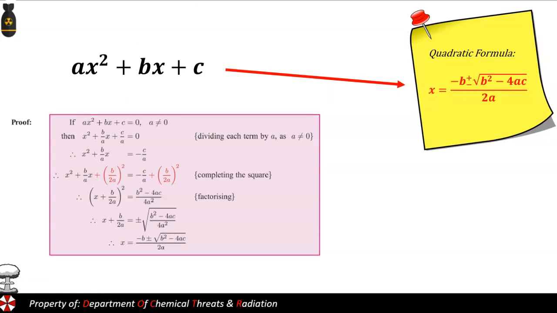There's a proof here of the same thing, but just showing it a little bit differently, and it gives you a few more hints, like dividing by a, completing the square, factorizing, and we get our expression. But what's really important is that if this is your quadratic, and it is, this is the general form, the quadratic formula is on my post-it note over here,